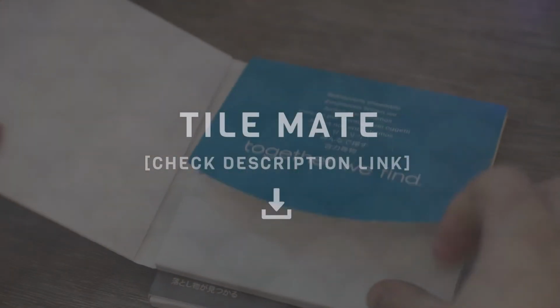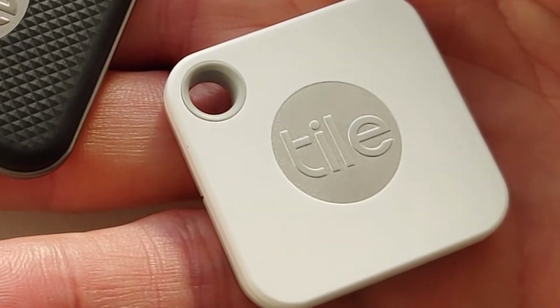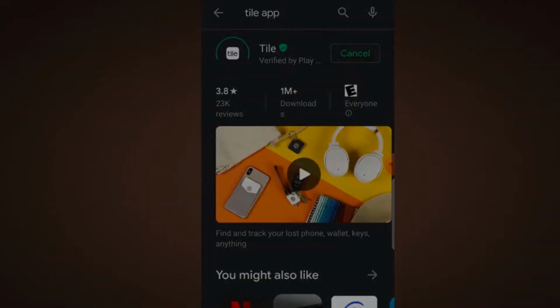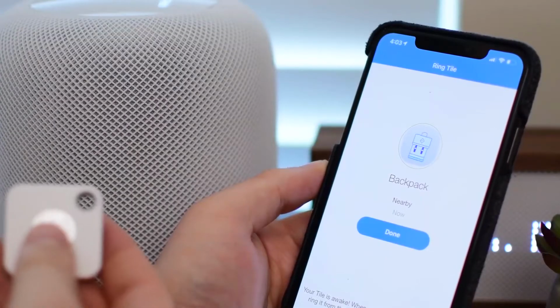5. TileMate. It's a Bluetooth tracker, which means its range is short, but it works well in that small space. There is no monthly subscription required, and all you have to do is download the app to get started. The tag will sound the alarm when you press a button on the app, but